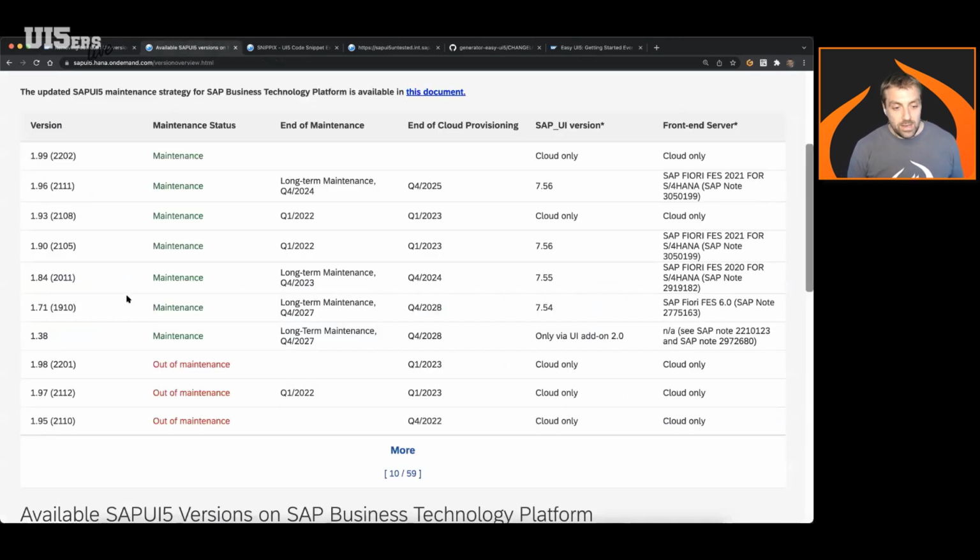So when looking into that, we have some LTS versions running, the long-term maintenance 196, 184, 171, 138. All these versions have been there for quite a while, and many of them have really high patch versions already.